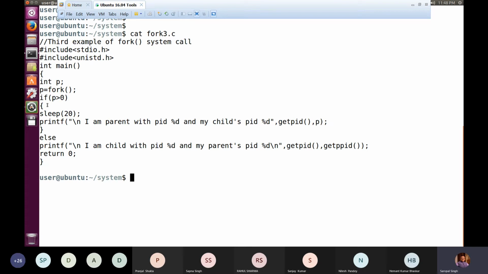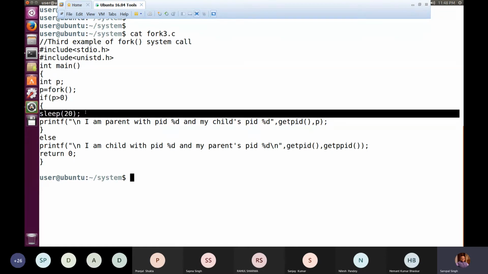So when the parent is executed, it simply checks this condition. It finds that this condition is true. So this sleep 20 will cause the parent process to sleep for 20 seconds. Because of that, the parent's execution will be prolonged, because when we say that the process is sleeping, that means it is doing nothing, it is simply lying in the RAM.